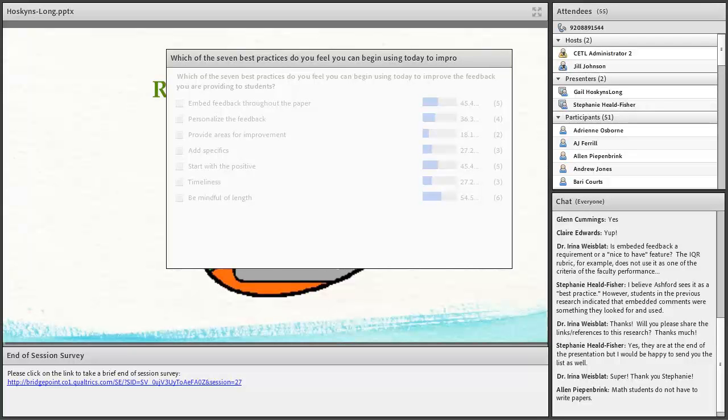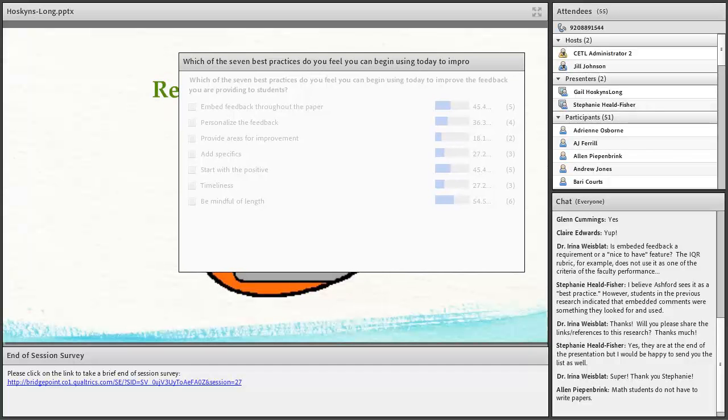It also looks like starting with the positive and embedding feedback were 2 other good practices a lot of people were going to be trying. That's another one that I really have to consciously work at. Because, again, I want to start off by saying, okay, this needs fixing, that needs fixing, the other thing needs fixing. But as we were putting this together, Gail even mentioned, start with the positives even in your embedded comments. So try not to have the very first thing you say in embedded comments be something negative.